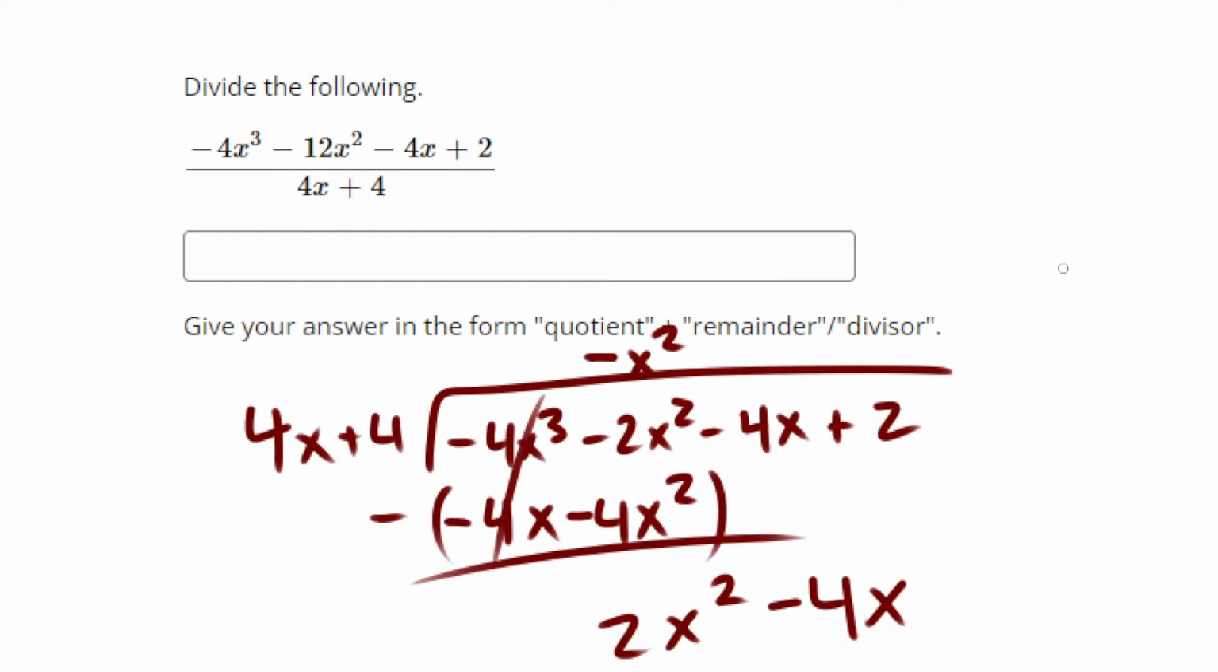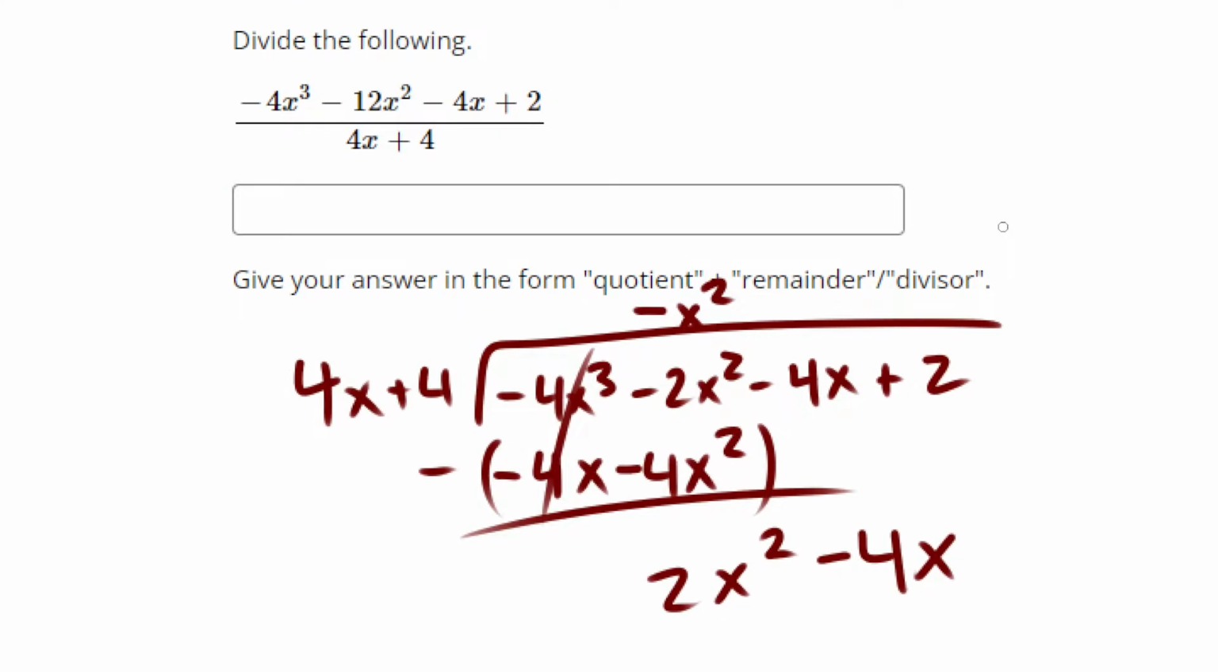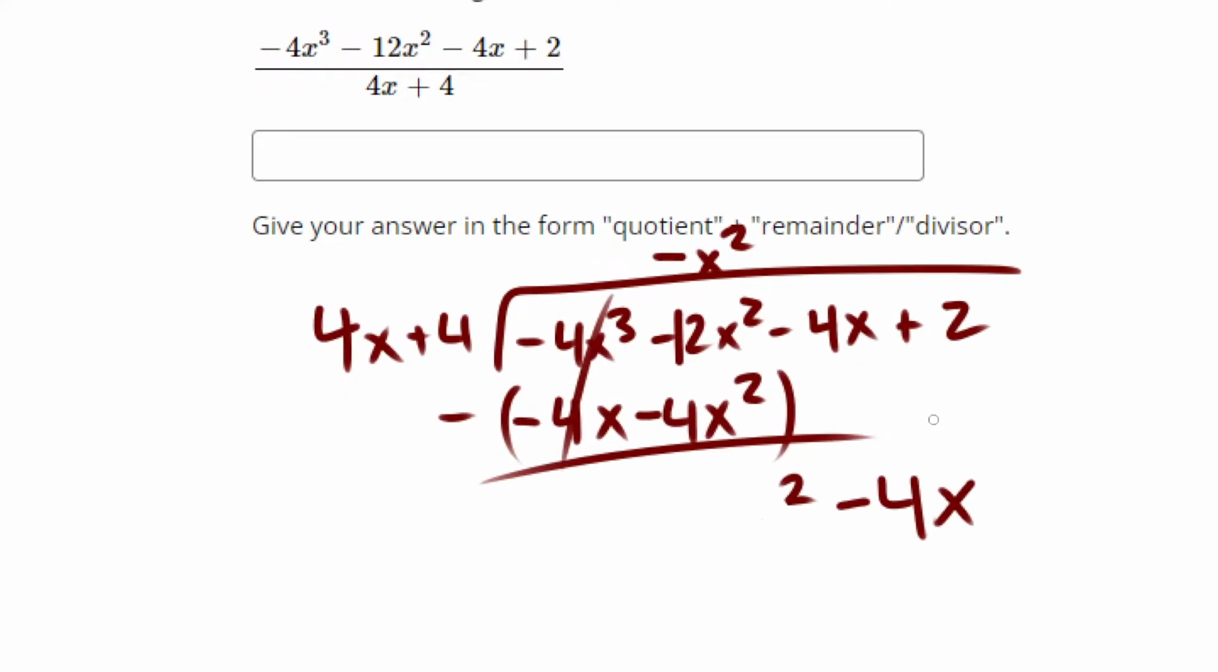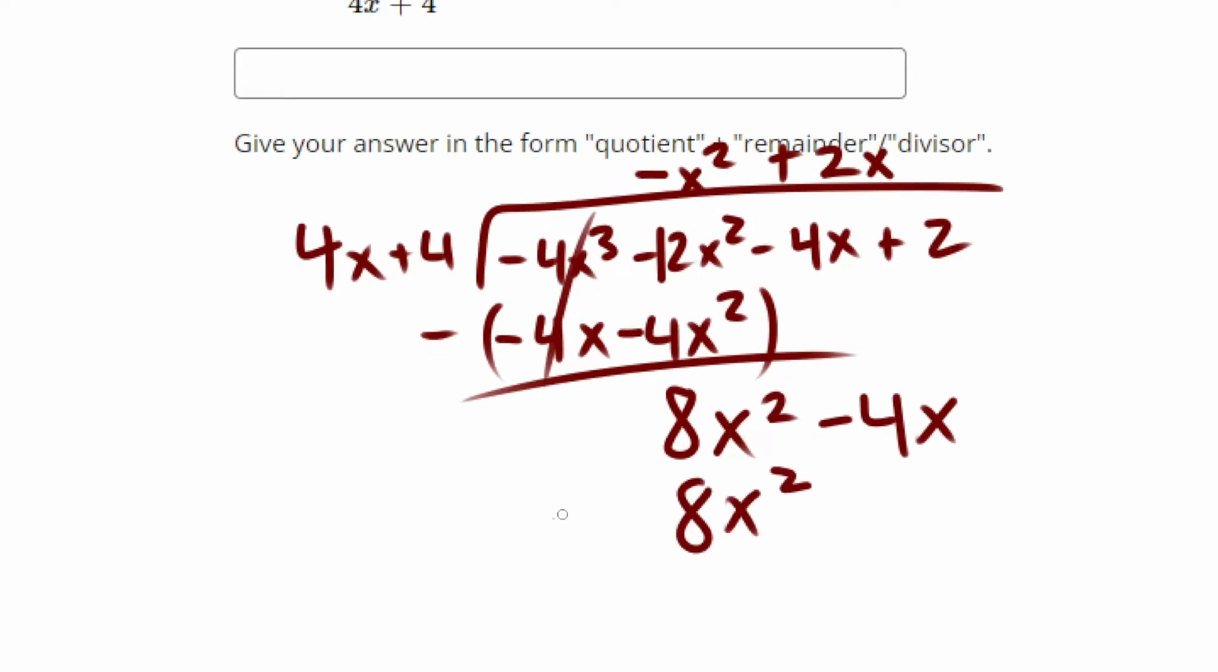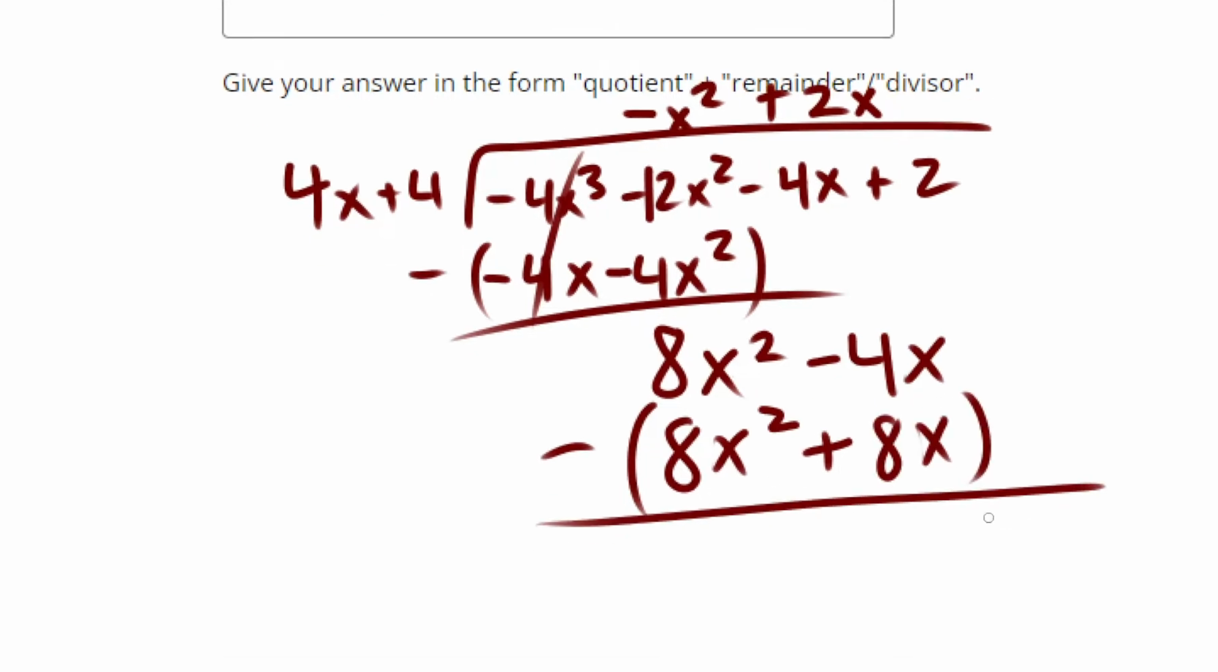And then what can I times 4x to get 2x squared? Oh, now this one's kind of tricky because now... Oh, that's a 12. Okay, that makes things a lot easier. I was like, wait, I don't think I've handled this kind before. But no, I don't think you'll see anything weird like that. So 8x squared minus 4x, and then that will give you plus 2x, and then that will give you 8x squared plus 8x. These will cross out, and that will give you negative 12x, and then plus 2,